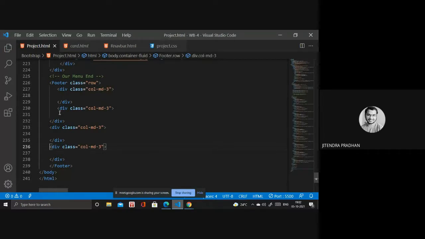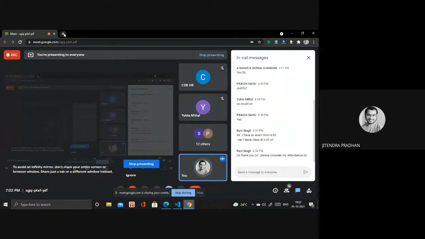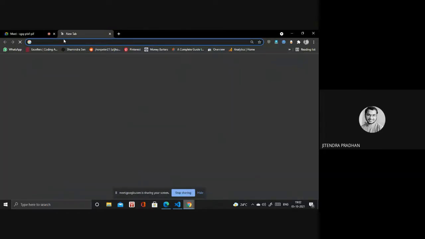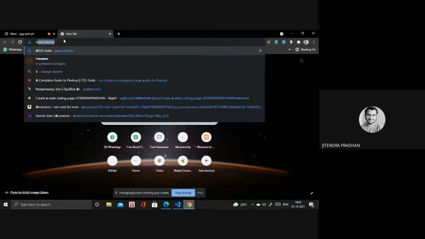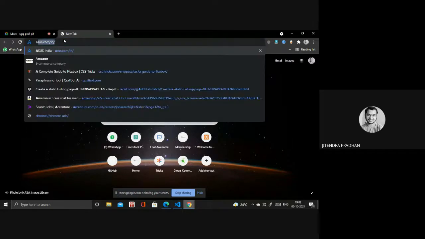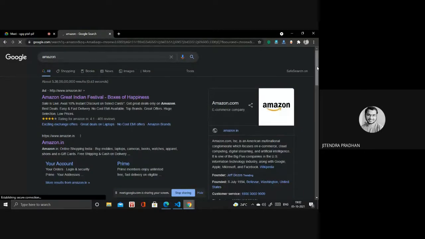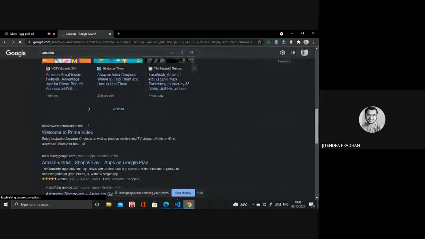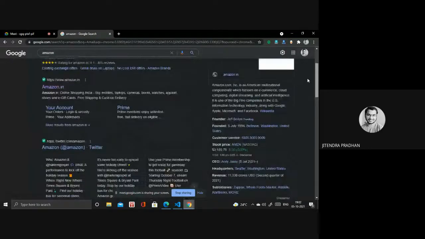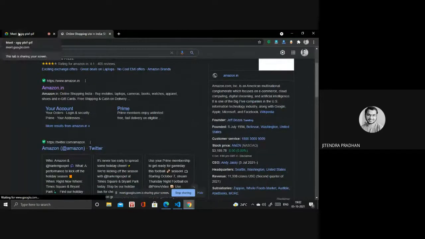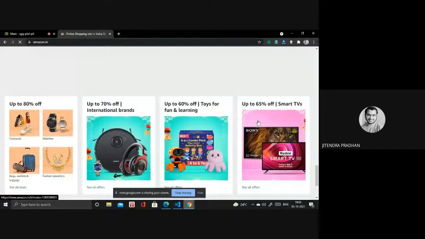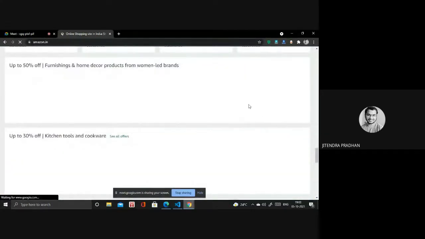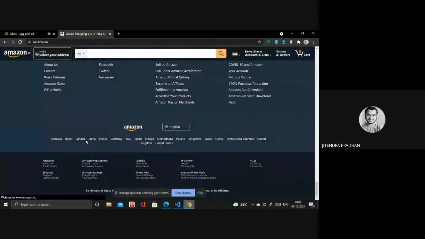So next thing we have to design something. We have to go to the Amazon website and identify what content we need to add in between, like the footer. And if you're designing a client website, they will provide you a picture, like a template, for designing. No need to worry about that. Okay, what is that? Yeah, we get to know.